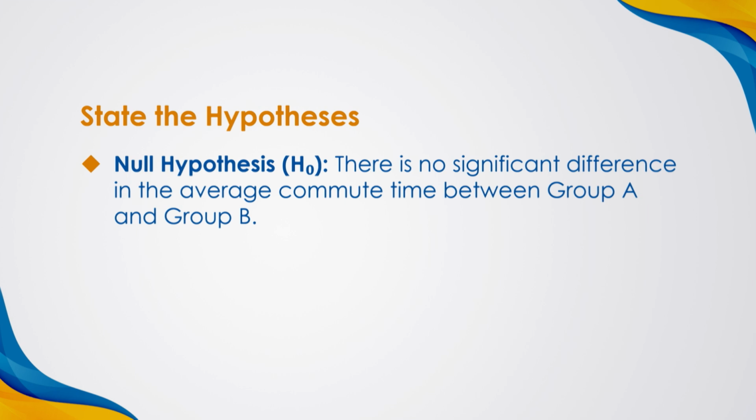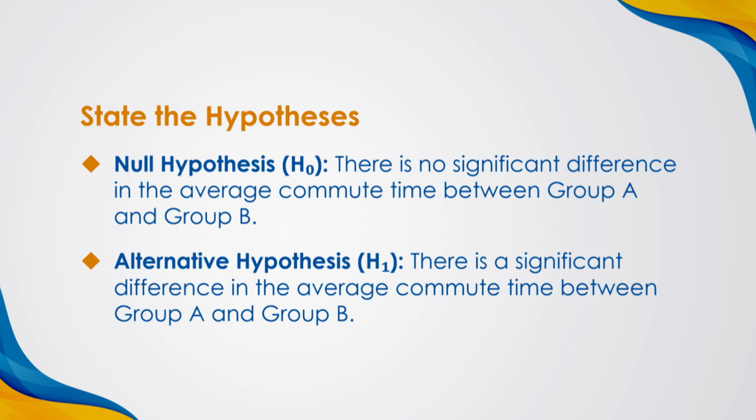Statement of the hypothesis for this example. Null hypothesis: there is no significant difference in the average commute time between group A and group B. An alternative hypothesis for this example, H1, is: there is a significant difference in the average commute time between group